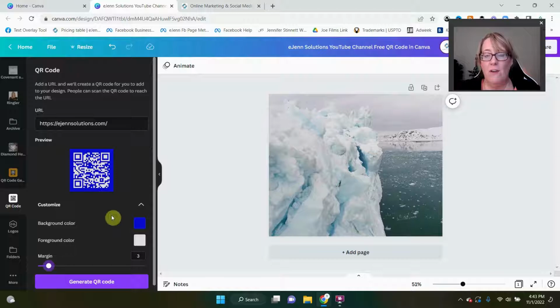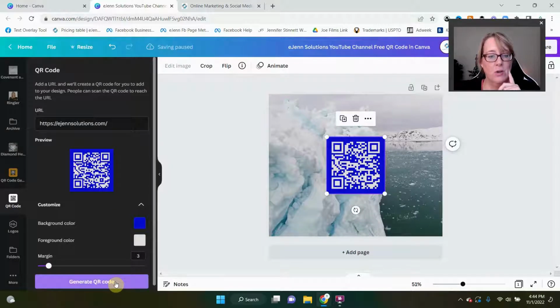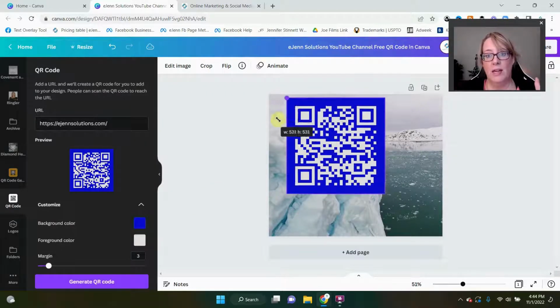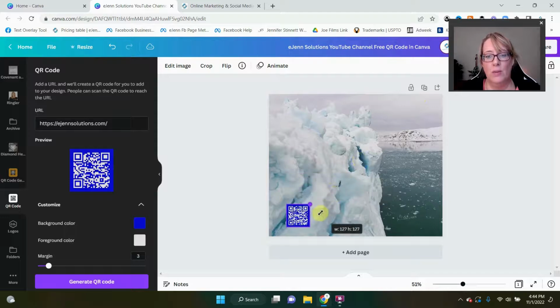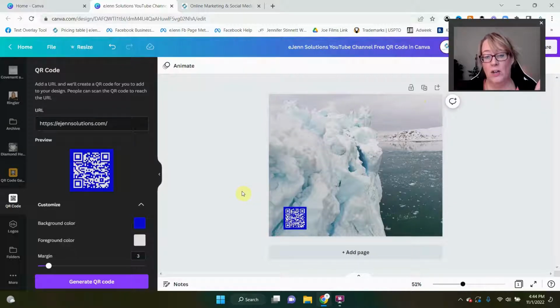And then once we have that all set up, super easy, we're going to click this link that says generate a QR code, and it puts it right into that post for us. Now, once we come over here, we can make it larger, we can make it fill the whole post, wouldn't suggest that, or we can make it really, really small, and of course we can move it around anywhere we want. So that is how you generate a static QR code.